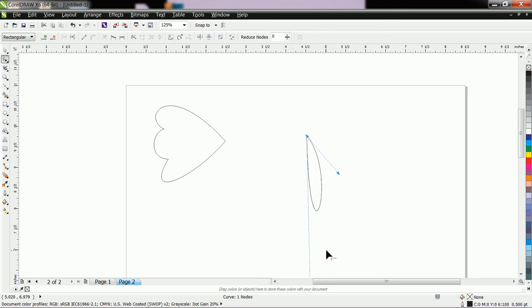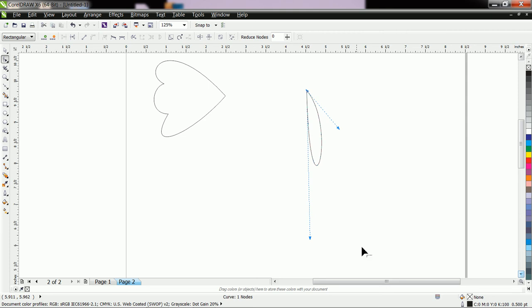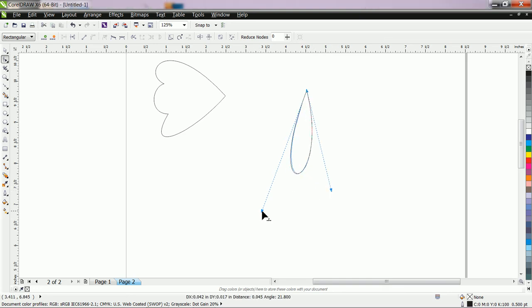Now let us adjust this shape with the help of nodes. You can also create a node on the line. As per your choice, you can arrange the shape.